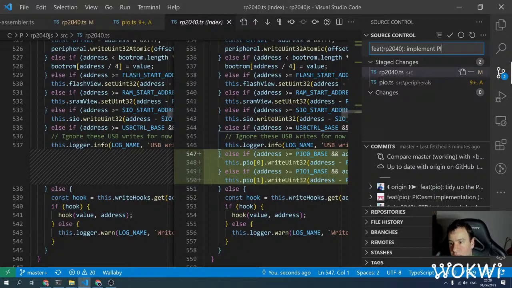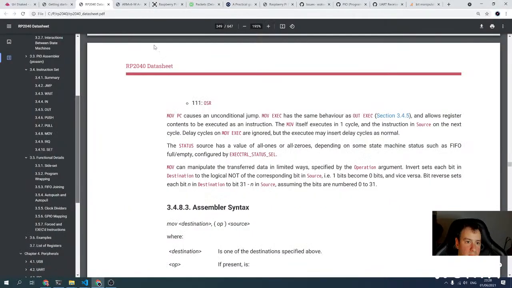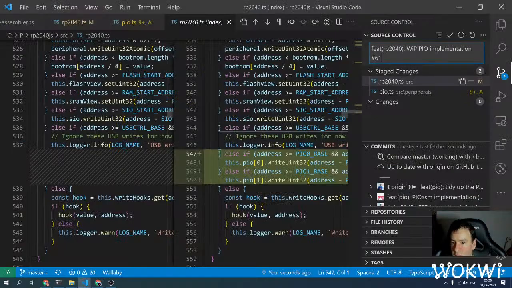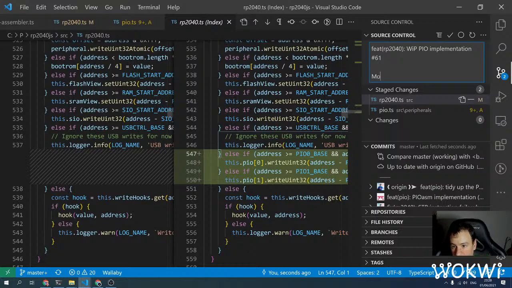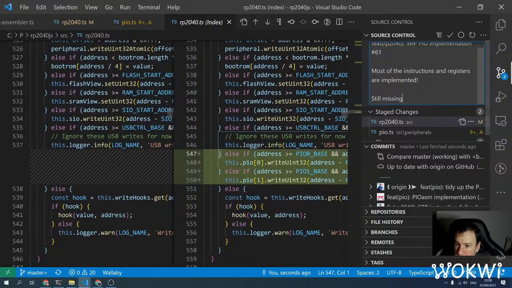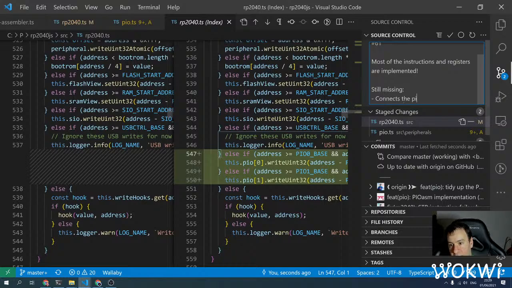Implement start PIO implementation, or maybe work in progress, and that's issue number 61. Most of the instructions and registers are implemented. Still missing, so we are missing the part that connects the pins to the IO, or the IO pins to